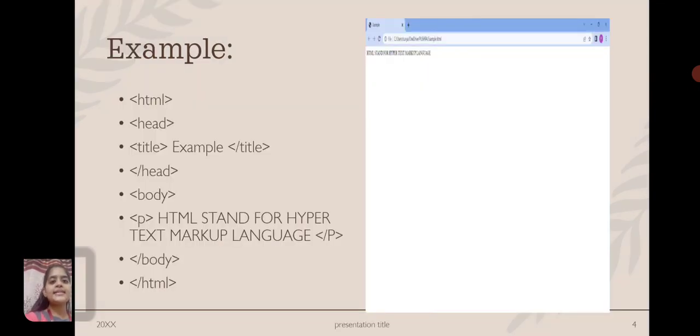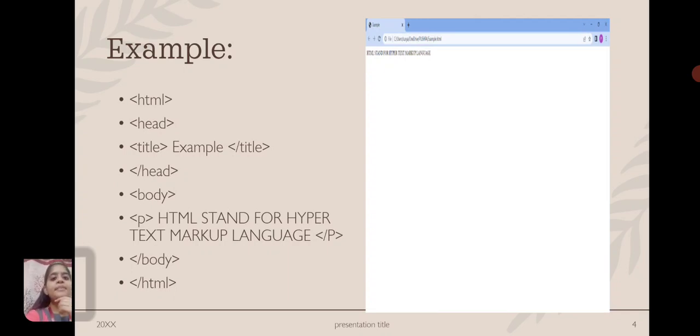Let us see an example. First here I give the HTML tag. Next, in the head I give a title. The title is example and I close the head tag. In the body I wrote HTML stands for Hypertext Markup Language, and I close the body tag and the HTML tag.